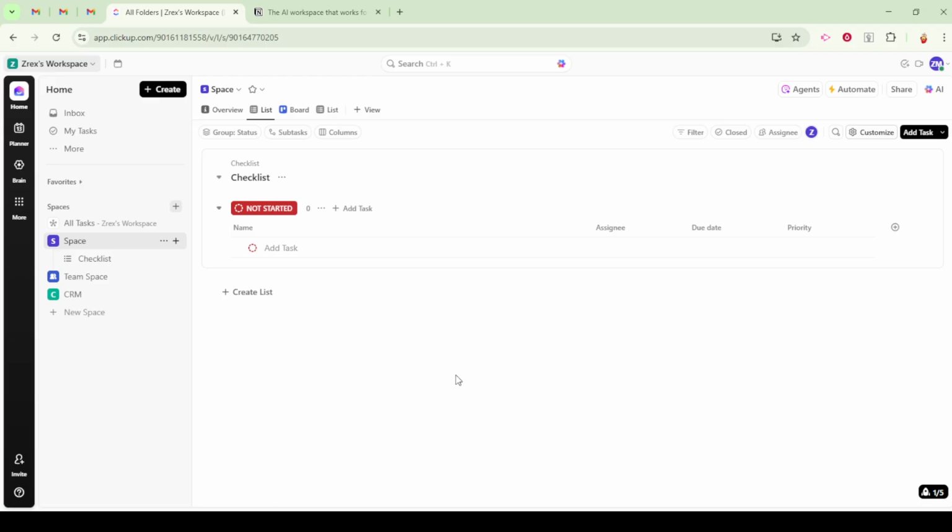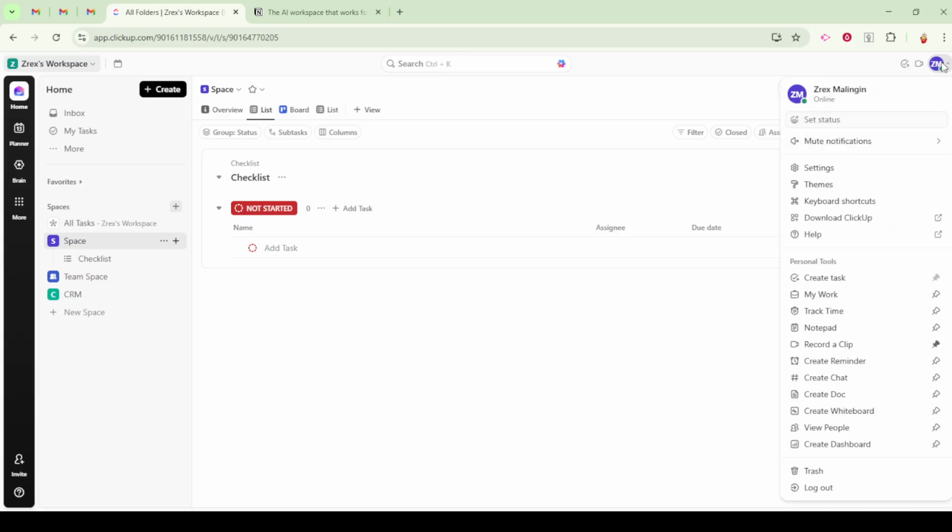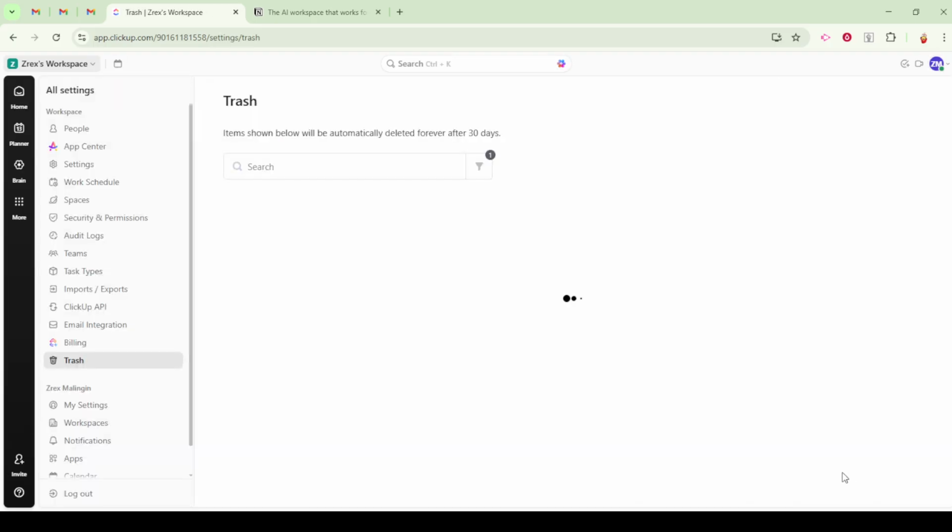The trash is where your deleted items go to rest for a temporary stay of 30 days, after which they'll be permanently deleted. To access this handy feature, you'll want to start by navigating to either your workspace settings or account settings. You can usually find these by clicking on your profile avatar, typically located at the bottom left of your ClickUp interface. Once you click on your avatar, you'll see a drop-down menu or a sidebar depending on your settings. From there, select Trash. This will take you to the holding area where all your deleted tasks, lists, folders, and spaces await Judgment Day